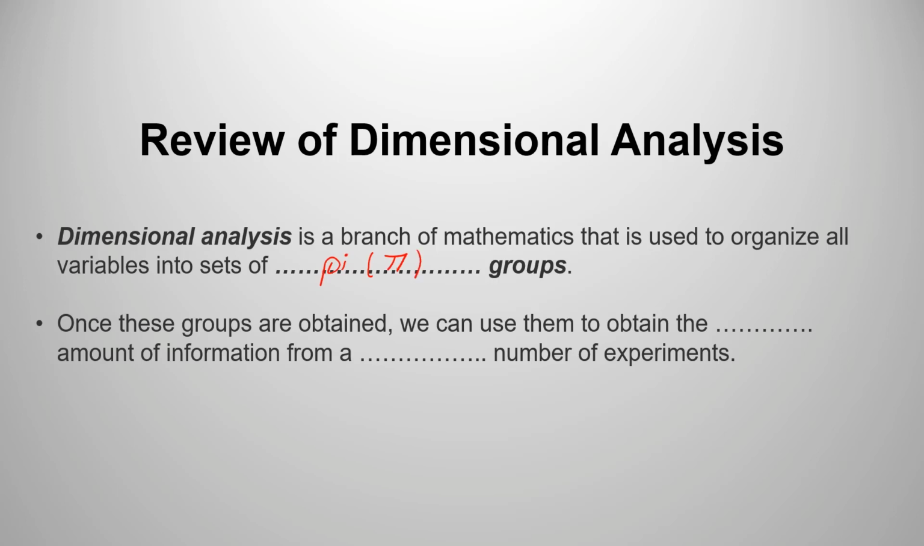All right, these pi groups or pi terms are also called dimensionless numbers or dimensionless terms as well. So I'm going to write dimensionless numbers. Perfect. Once we have these groups, we can use them to obtain the maximum amount of information from the minimum amount of